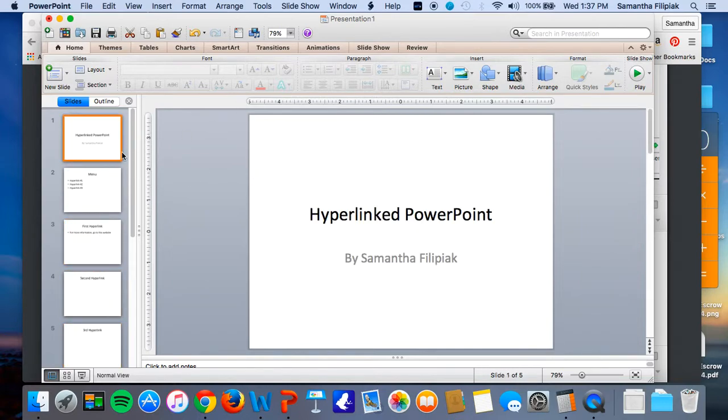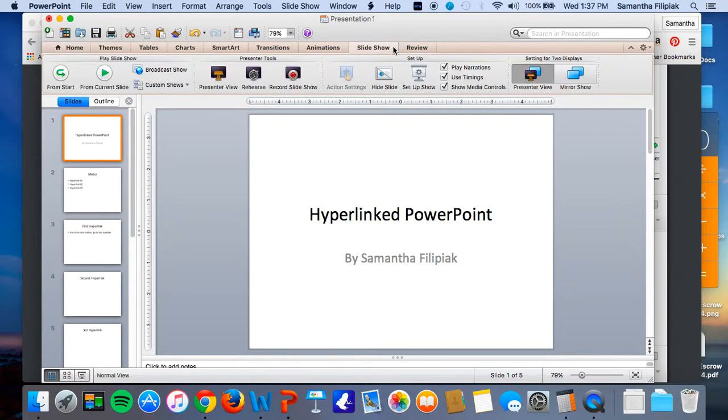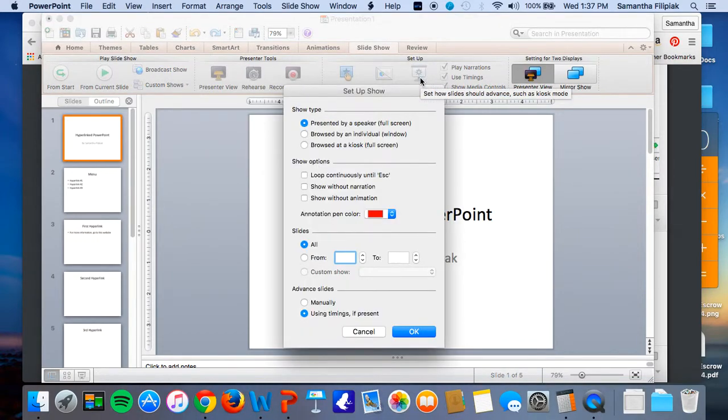So what I'm going to do first and foremost, because I want to save this a specific way, I want to have it browsed at kiosk mode, I have to go in and go to the slideshow settings. So I'm up at the top and I find my slideshow ribbon and I want to click on Setup Slideshow. Once I click on that, the default show type is presented by speaker, which is what we usually use PowerPoint